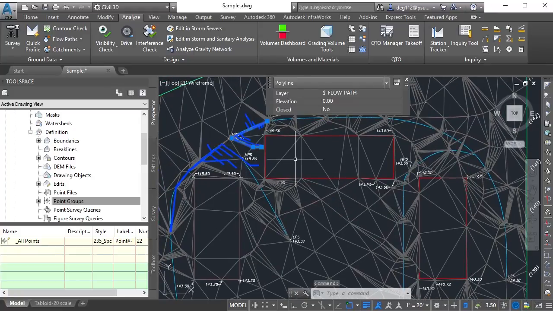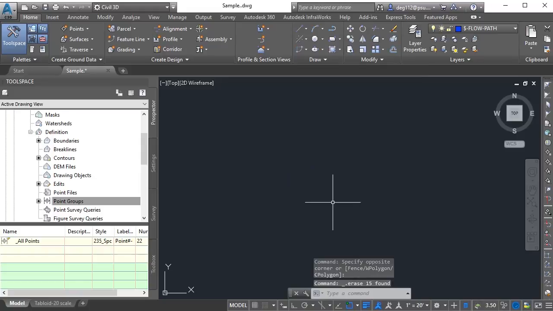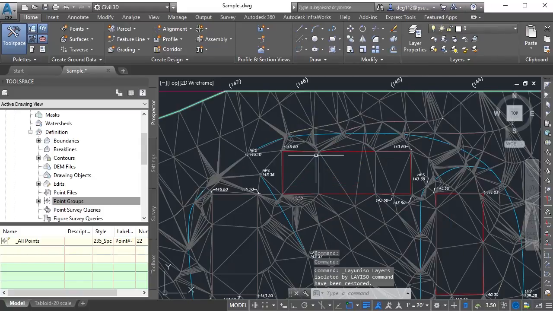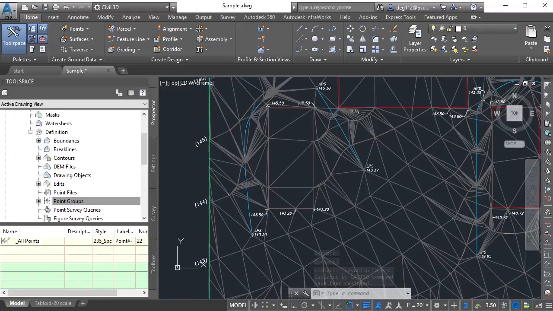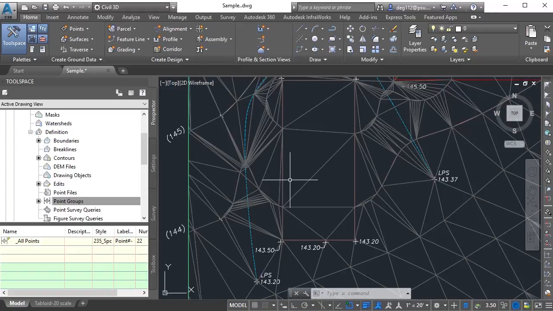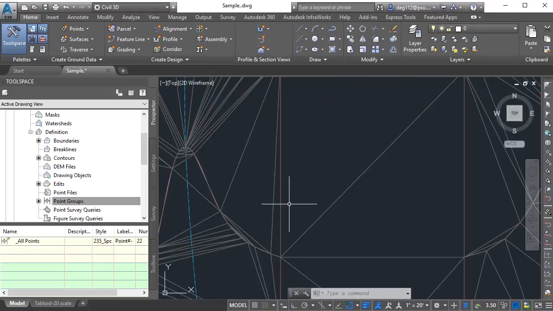We'll go ahead and isolate this layer and throw those away. It's nice to have that on its own layer. I'll delete that, unisolate. And we'll continue cleaning that up all the way around. But now I want to show you how to do the building pad. To do the building pad, we're going to go ahead and